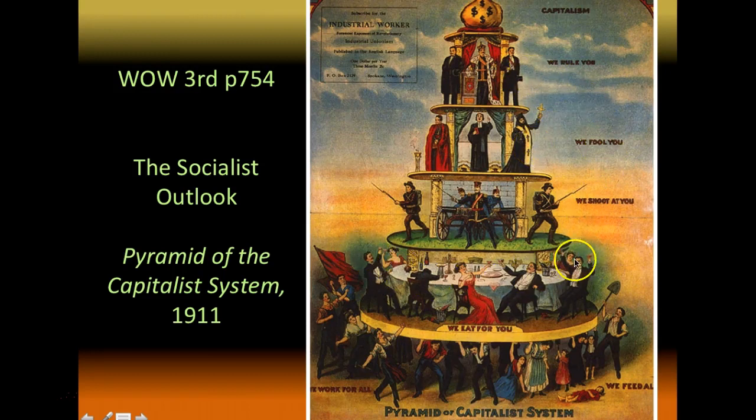And then here we have a big, nice, fat, upper class people. "We eat for you." And you can see they are lounging, they're drunk, this guy has got his head down, there's tons of wine, they're having cheers and dressed fancy. And all of this is being held up by the very bottom, by "we work for all and we feed all." All of these workers, and they're being bent down, and they're trying really hard to hold up that pyramid. This poor girl on the bottom is lying on the ground, perhaps she has died.